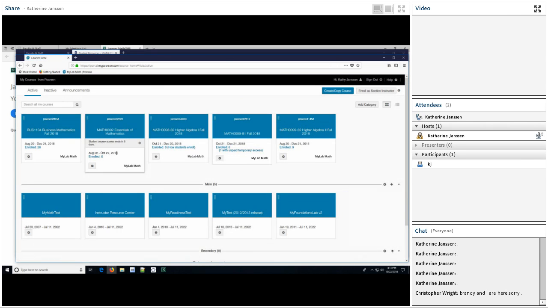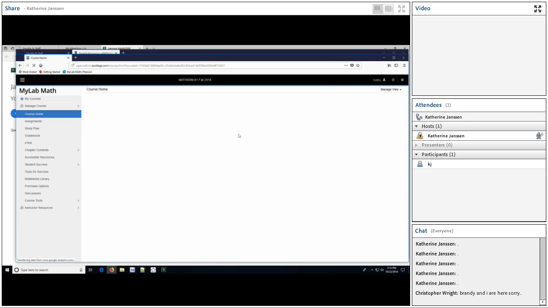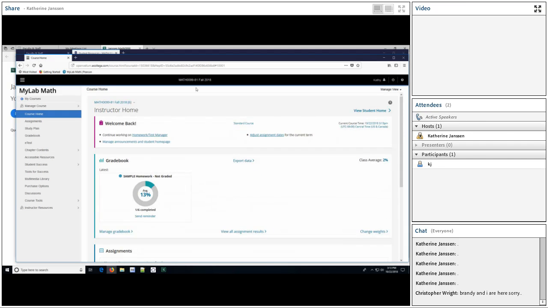Okay, at MyMathLab, it populates with your courses that you might be registered in using MyMathLab, the business department and the math department, statistics department. We're looking for Math 0098, 81 section. So find that box and click on that to open your account. Now this will be after you've established your account at MyMathLab. And this is what MyMathLab looks like.